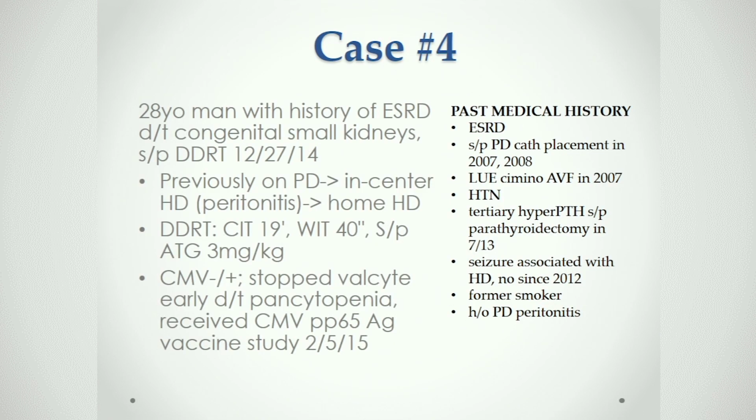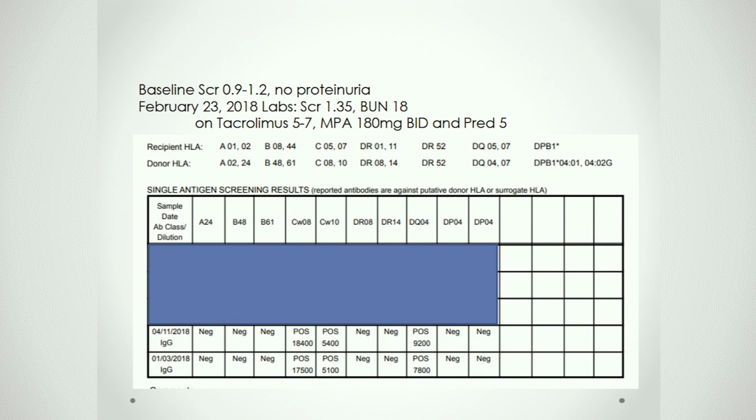So with that as an example, I have a 28-year-old man with a history of end-stage kidney disease who got a kidney transplant in 2014, had been on dialysis for a period of time before that, actually about 7 years, and was really eager to get a kidney transplant. Got the transplant, everything went relatively well, and then about, I guess it was 4 years later,